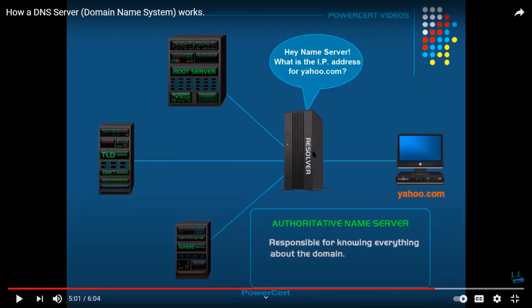So the resolver says, hey, I got to find yahoo.com. And this one says, I don't know where yahoo.com is, but I know where the .com is. So it says, here's where you find .com. You go to .com and you say, I need to know where yahoo.com is. And it says, well, I don't have the information on yahoo.com, but I know where Yahoo is. So it sends the information back, and now the resolver goes to the